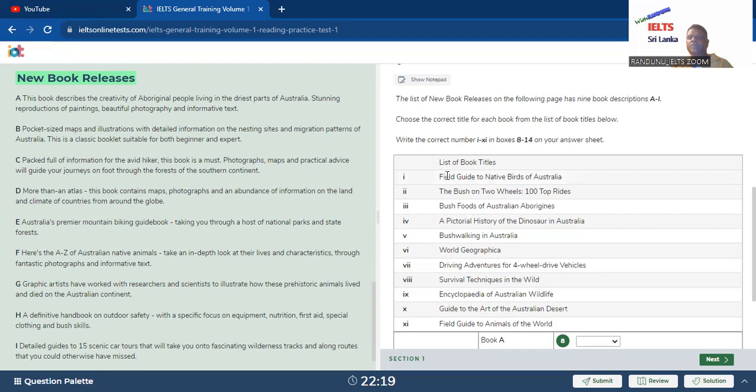Title 1, Field Guide to Native Birds of Australia. Australian native birds. This book talks about birds. The Bush on Two Wheels, 100 Top Rides. This book talks about